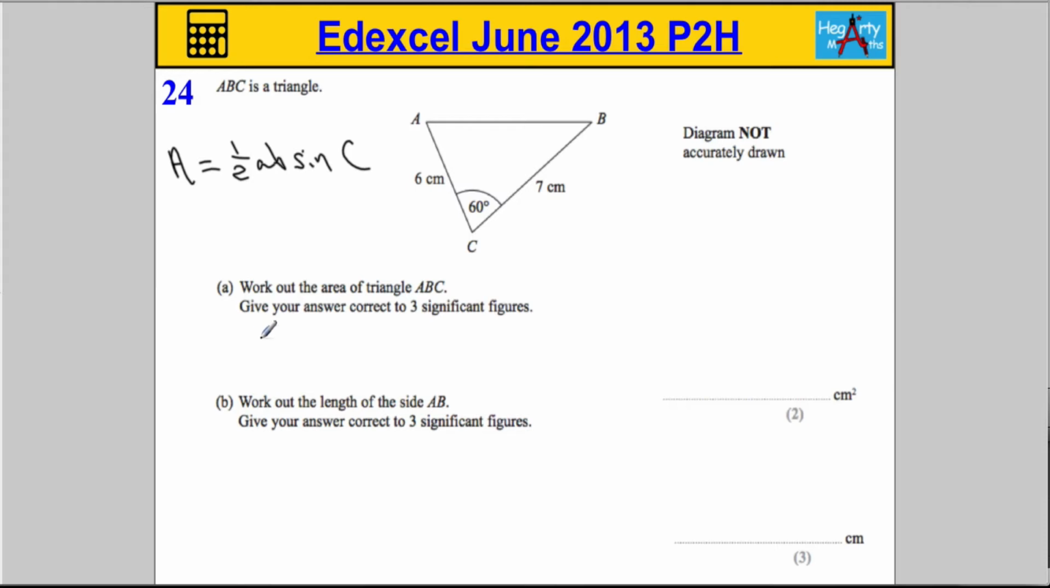So the area here is going to be found by doing half multiplied by a, which I'm going to call this side. It doesn't matter because multiplication is commutative, so it's not going to affect our answer. This is going to be b, and we're going to times that by sine of the angle in between, sine of 60. Out with the calculator,